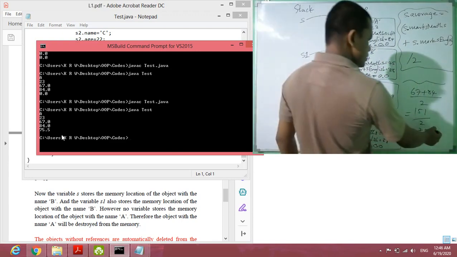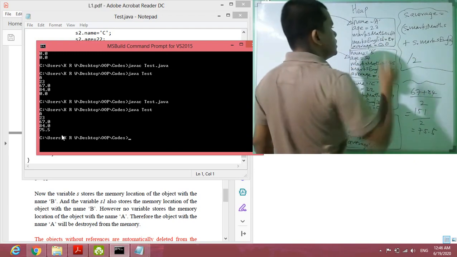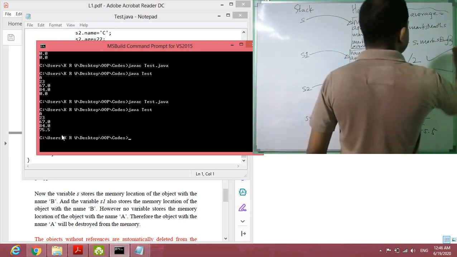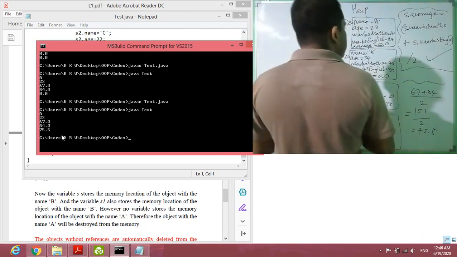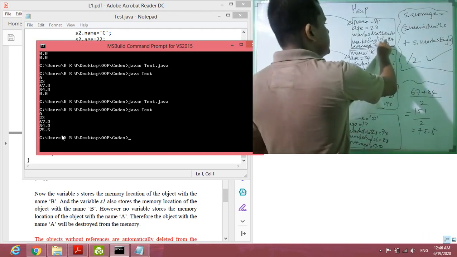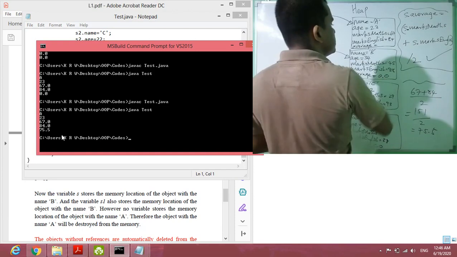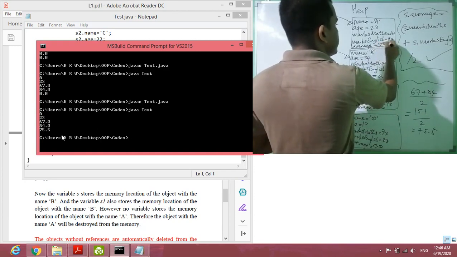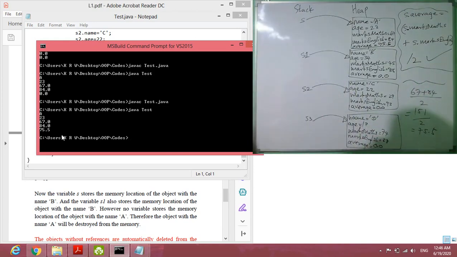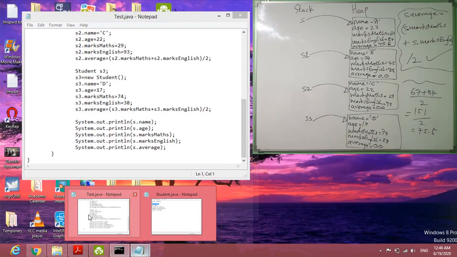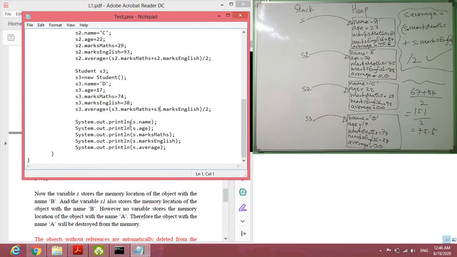Okay, so that value has been assigned here. After execution of this line of code, this will be changed to 75.5. Okay, in the same way, we can display other values. If we put S1 here,